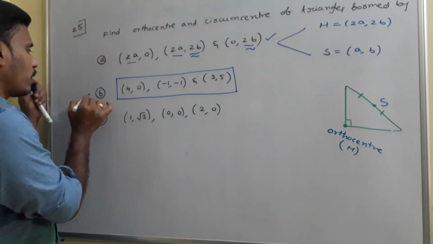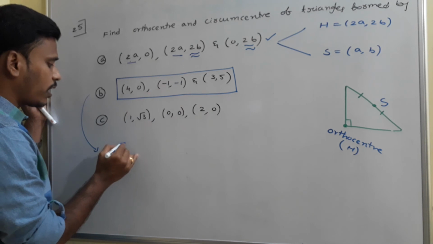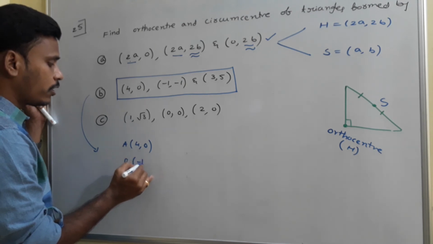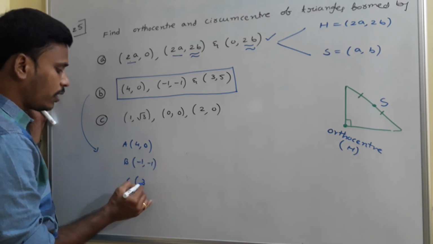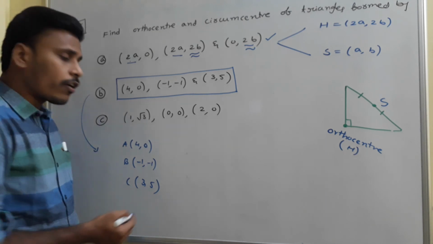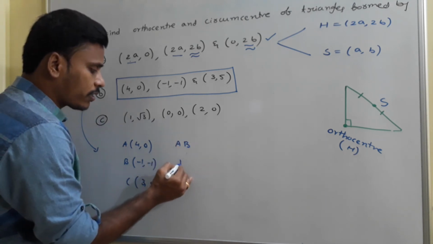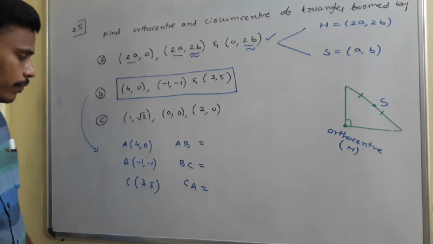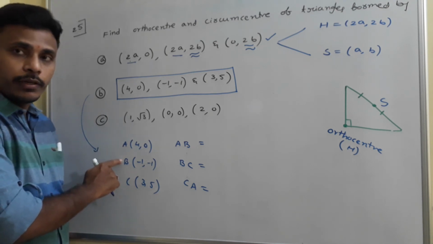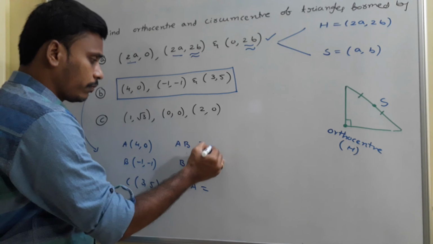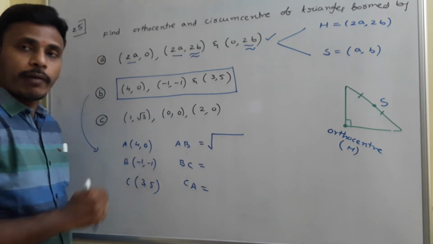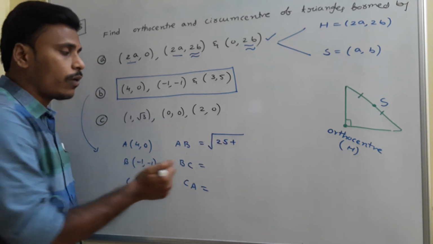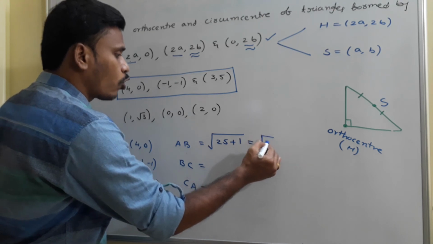But here, think about this. Name the triangle ABC with vertices A 4 comma 0, B minus 1 comma minus 1, and C 3 comma 5. First, try to find the distances between the vertices, that means the sides of the triangle. What are the side lengths AB, BC, CA? For AB, the distance between A and B, we get the square of 4 minus of minus 1, 4 plus 1 squared, 5 squared is 25, plus 0 minus of minus 1 is 1, 1 squared is 1, and so the length AB is root of 26.